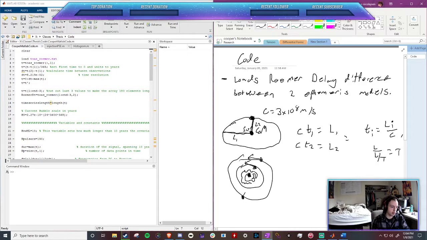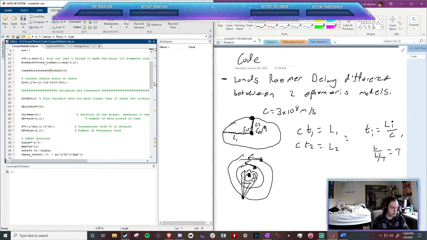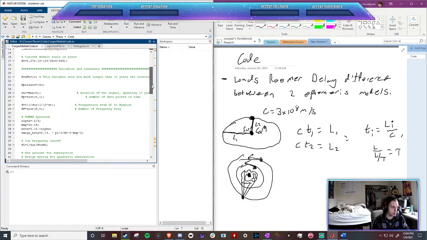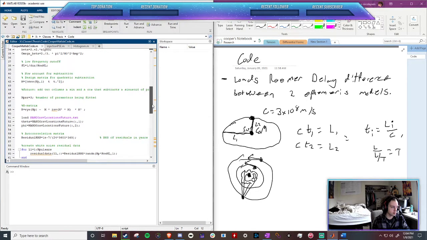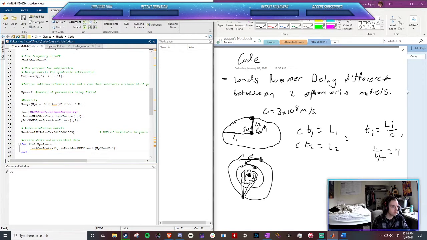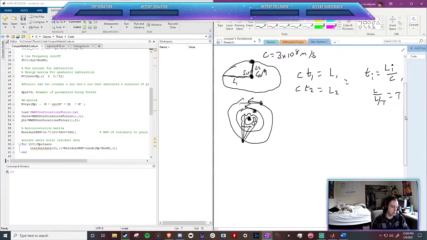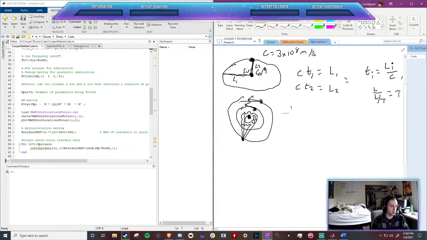And then we calculate the Roemer delay between these times, the center of mass lengths. So, if we think about this just a little bit,